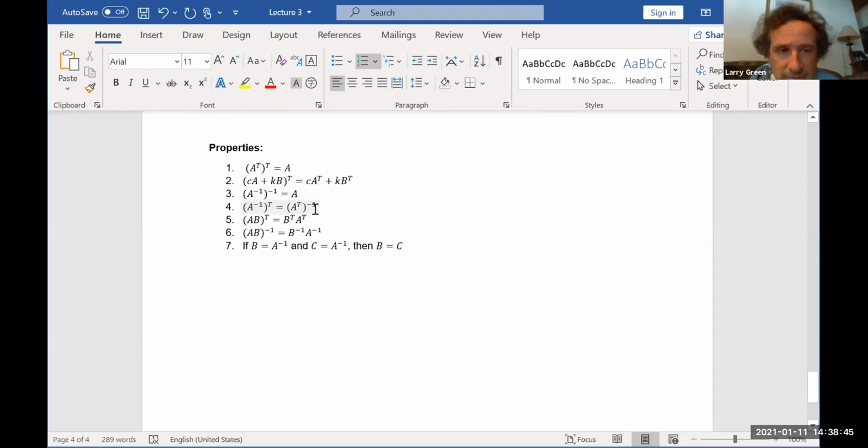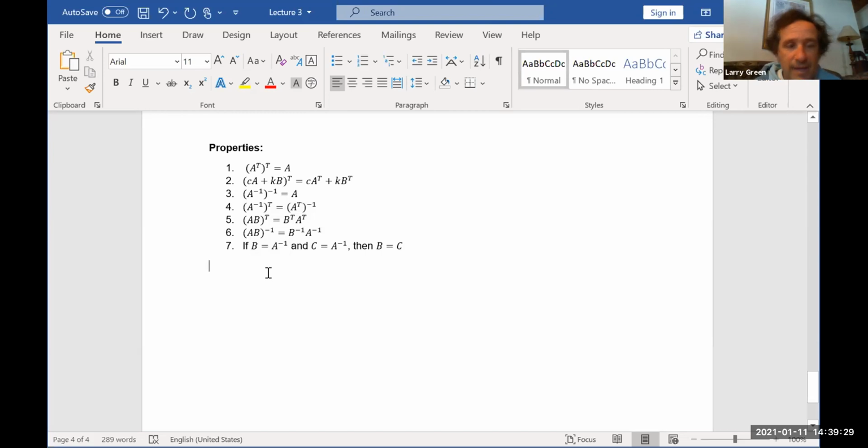Got it? So that means if I want to show that A inverse transpose is A transpose inverse, that means if I multiply A inverse transpose by A transpose, I should get the identity. You following that? Because that's what it means to be the inverse of a matrix, means that if you multiply by that matrix, you're supposed to get the identity. Do you see that? So that says A inverse transpose is the inverse of A transpose, which means we need